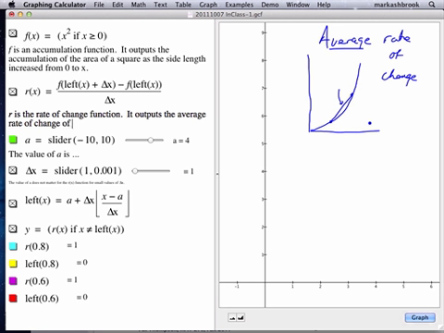Rate of change of what? What quantity are we looking at the change of? All right, is it looking at the average rate of change of x values? Yeah, Daniel. The average rate of change of area compared to the rate of change. Okay, yeah, so it's a rate of change of the accumulation of area, right? So it's the rate of change of accumulation of area over